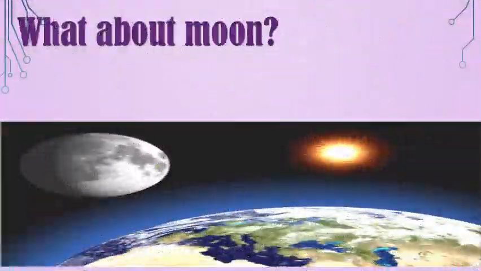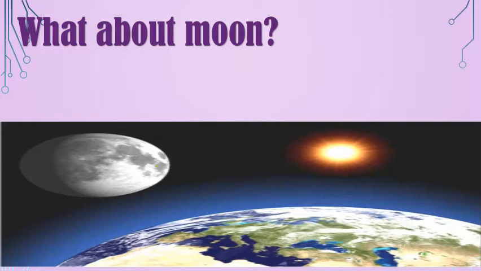What about the moon? Is the moon a natural or artificial source of light? No, you're wrong this time. The moon is neither a natural source nor an artificial source of light. Actually, the moon is a dark body, but it seems shiny or luminous in the sky. That's because it reflects the sunlight to the earth. The moon looks like a mirror.